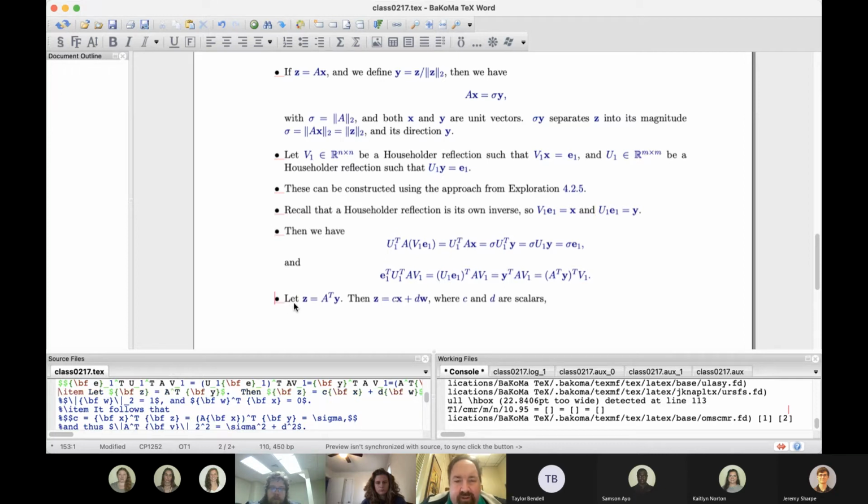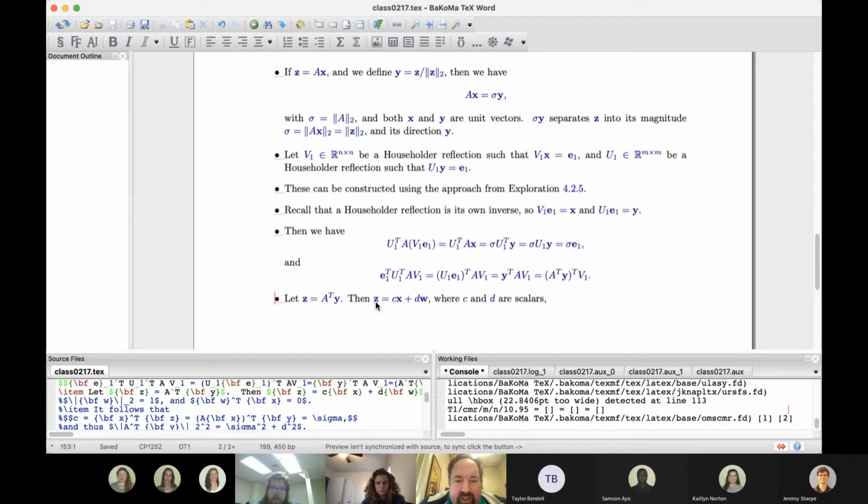That was an unfortunate notation choice here. I defined Z to be A transpose Y. This is not the same Z as up here. It's just that this Z, I didn't need it anymore, so I'm reusing a letter. I should have used something else, but at some point, you just run out of letters. So if Z is A transpose Y,